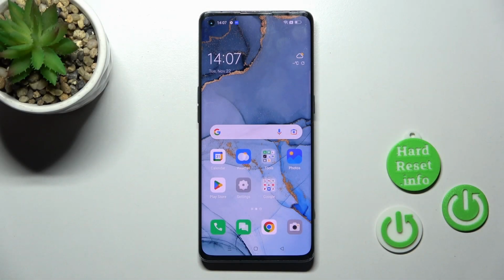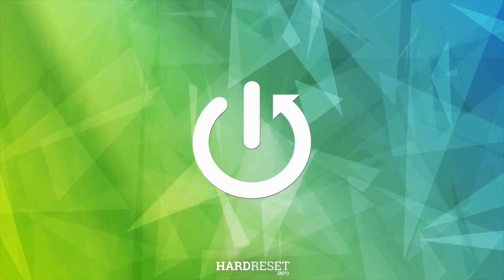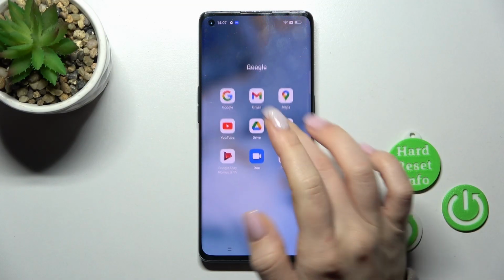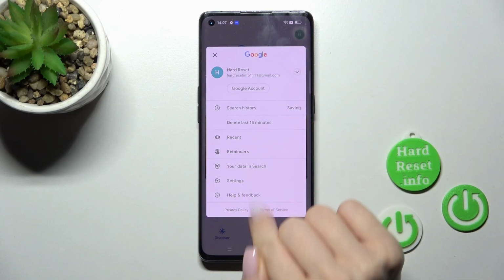Hi, today in front of me is the OPPO Find X2 Neo, and I'll show you how to activate the Hey Google option on this device. So first, let's open the Google application, and after that tap on the right upper corner, then click here to